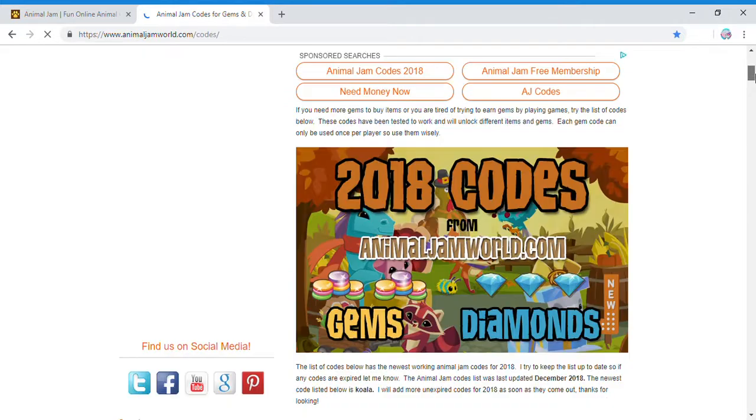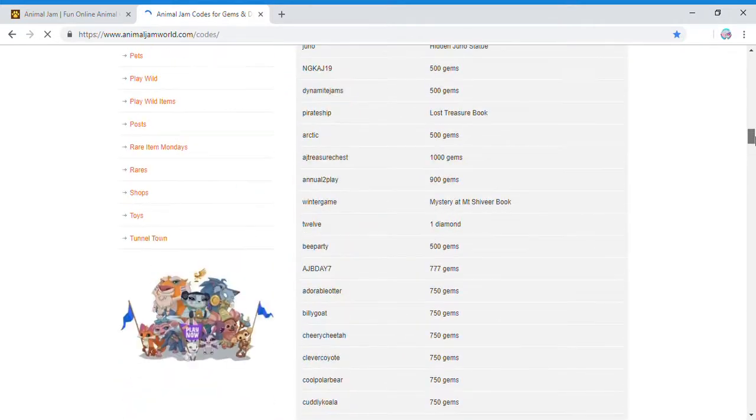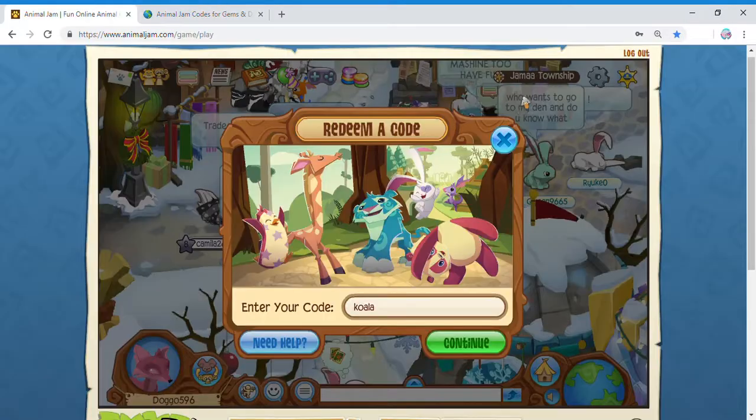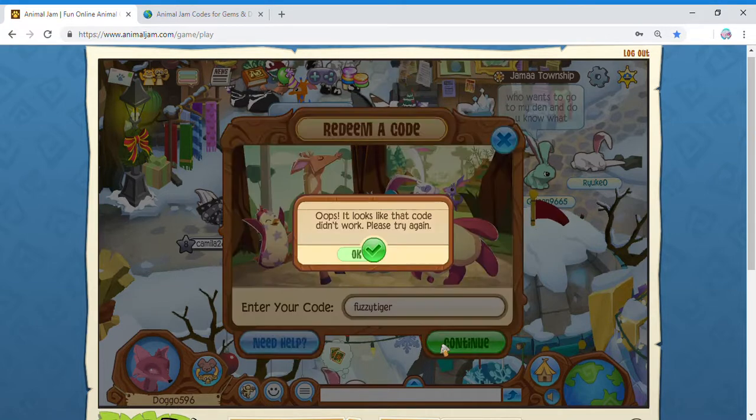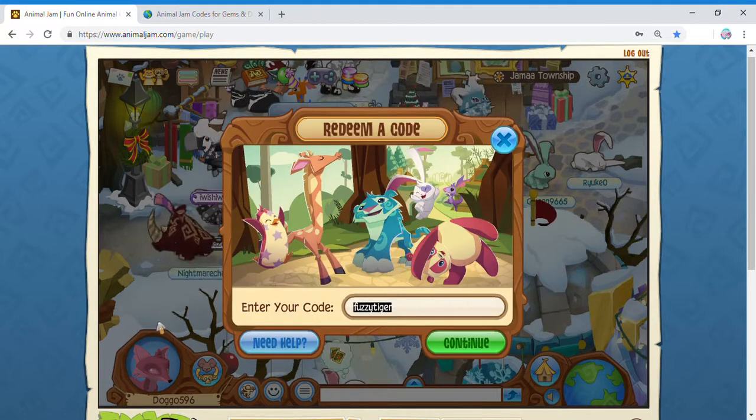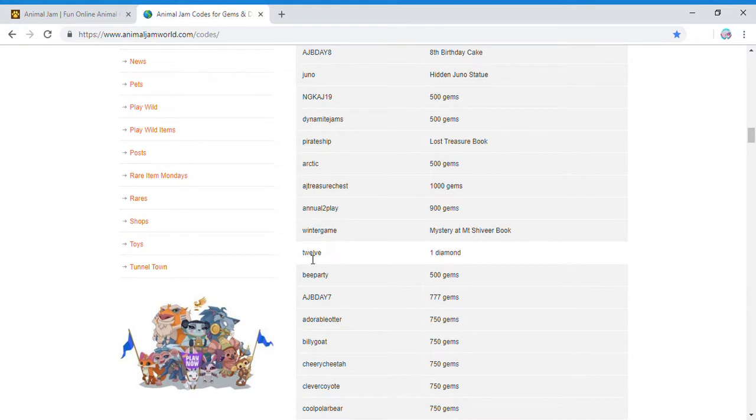a code. I will leave the link to this in the description. But there are many codes. So let's say I want to use fuzzy tiger. If none of these work, or you're actually spelling them wrong, I don't know, what you can do is just copy and paste one,